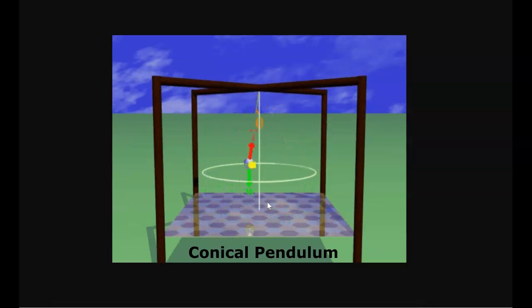This video is about the conical pendulum, which is what you're looking at. You've got a blue sphere, and it's attached to a string with a tension T. The sphere has a weight W and has an acceleration A. The tension on the string, if you break it down in the XY direction, both supports the weight